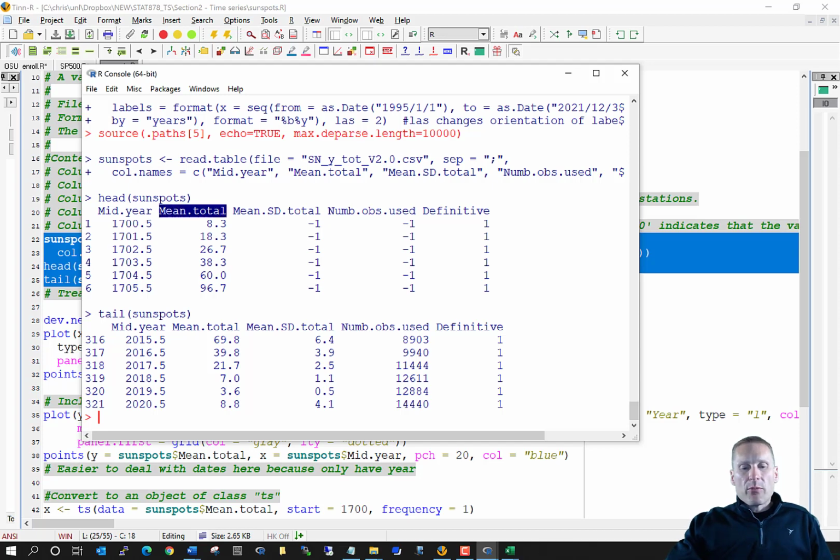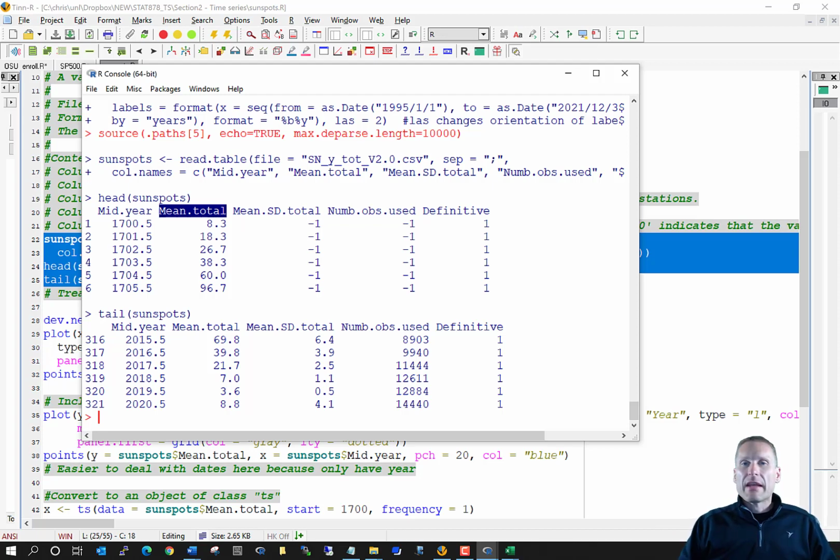Also on the website, they report not the total number of sunspots per year, but mean.total, the mean number of total spots that were observed. So what this corresponds to, and it only occurs more so later in the data set, is that there are a number of different places around the world that actually make sunspot observations. And so if you combine this information together, which is what this website did, and find the mean for what each location said was the number of sunspots, that's where the mean number of sunspots comes from. We'll just call it the total number of sunspots.